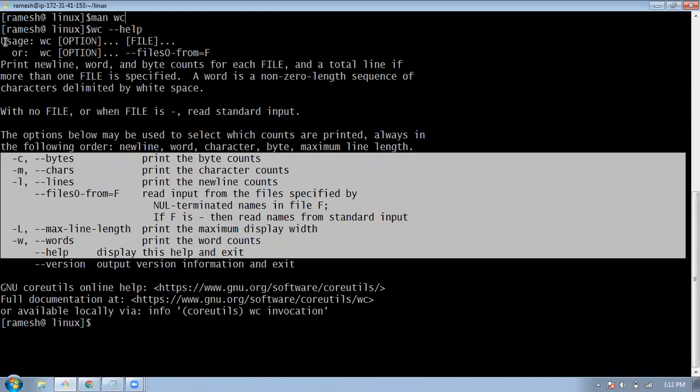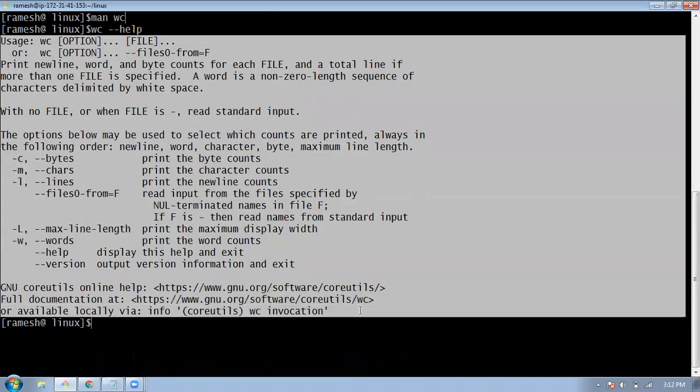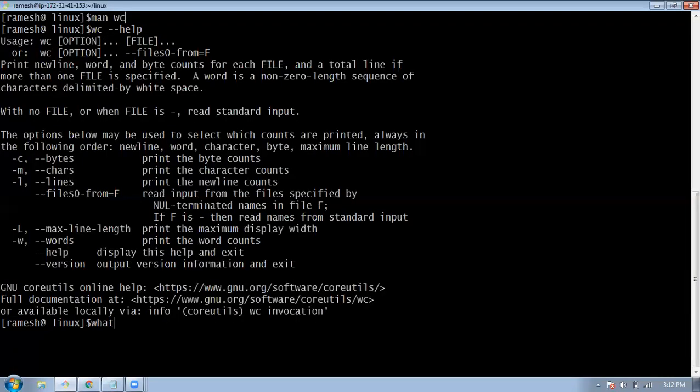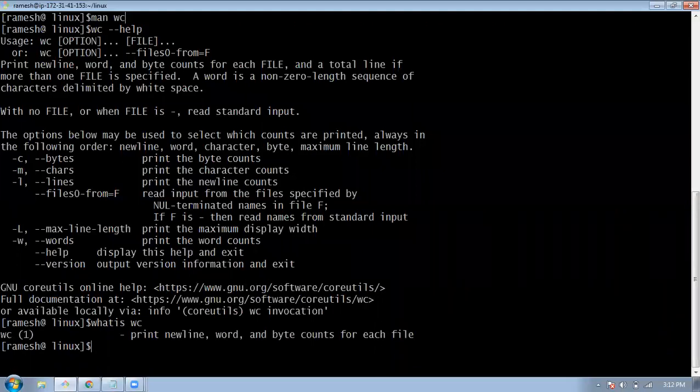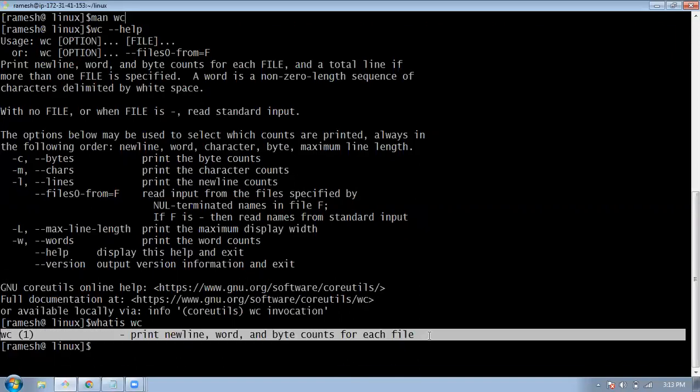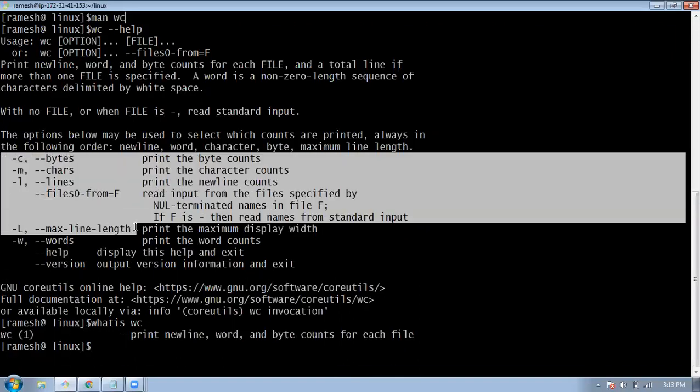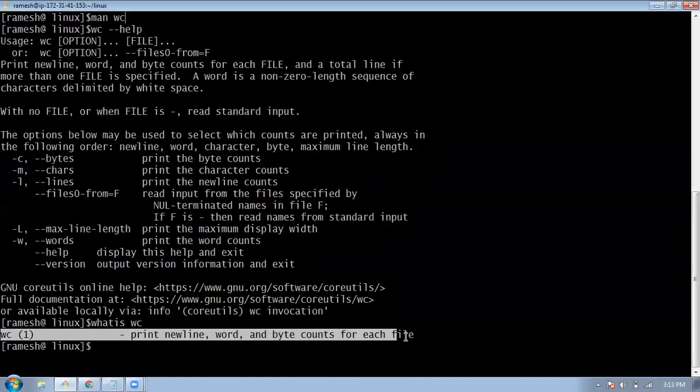Or instead of this much documentation, if you want to know only what the command is doing, and don't want it to print all this, just a one-line description, you can use the command called whatis and then your command. This is only a one-line description. It will not list the options like this.